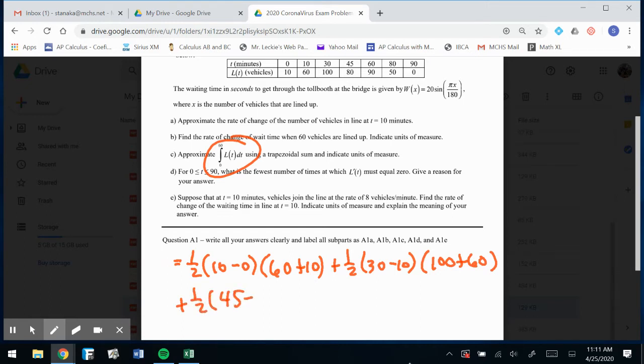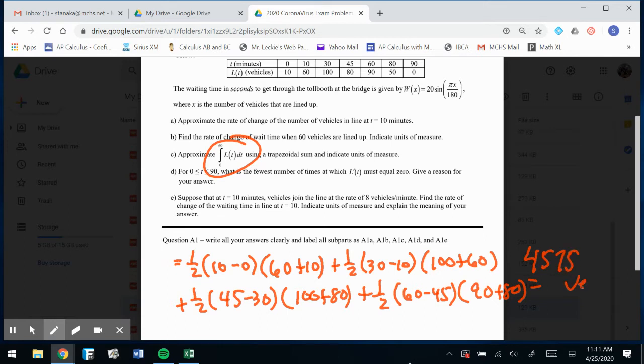Then we got 45 minus 30, that'd be 15, and then we have 100 plus 80. And my last one, because I've got to do it all the way to 60, it'd be 60 minus 45. That height again would be 15, and then we're 90 plus 80. You could use your calculator, obviously, to do all that. And if you did it right, I got